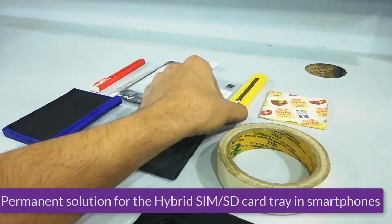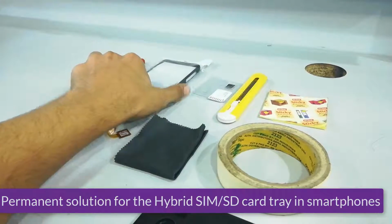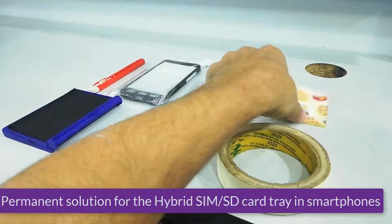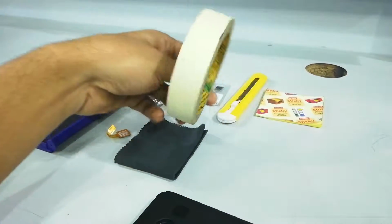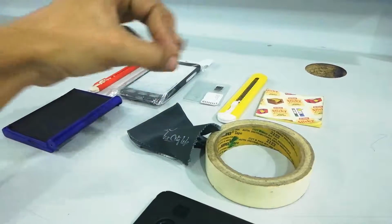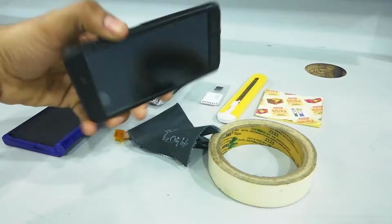not sure. And then of course a 360-degree case, and then also a memory card, and this is sticky notes, and then here comes the paper tape, wipes from your specs or maybe professional wipes, and this is the hybrid SIM adapter, and this is a stamp pad. And obviously we will be using this phone. I have a Redmi 4,